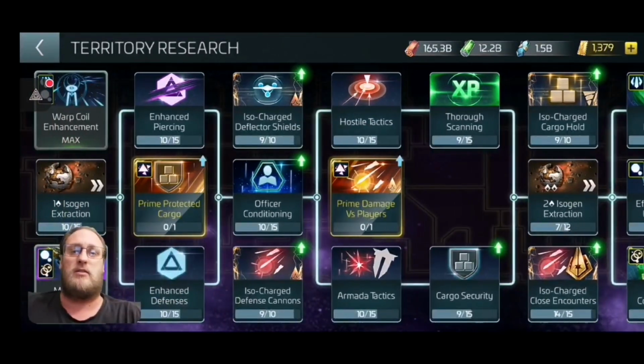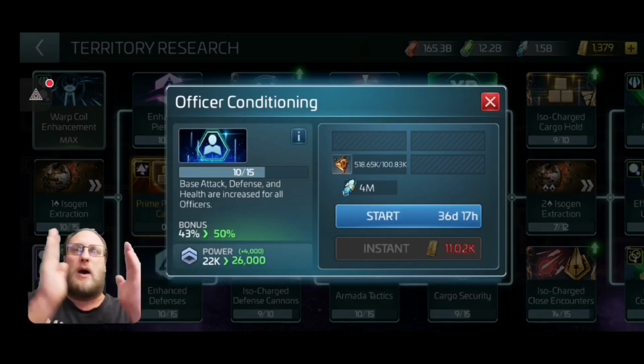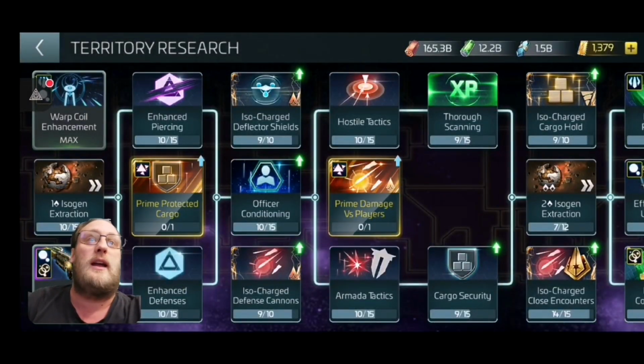Obviously, the officer conditioning as well, we'll go back to that, needs dilithium as well. So dilithium is a bit of an issue on this one. But what I'm saying is that you can build up your emulsion and you can build up your particles on a slow trickle every day. Because,